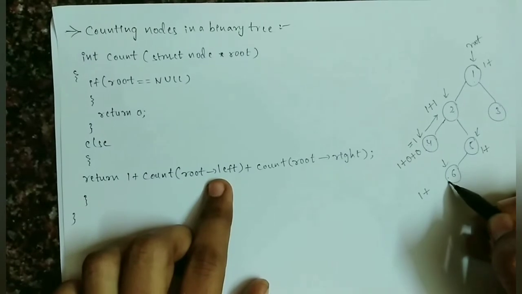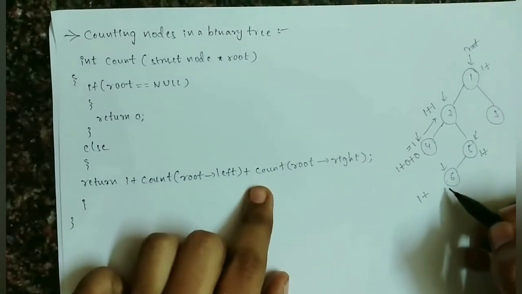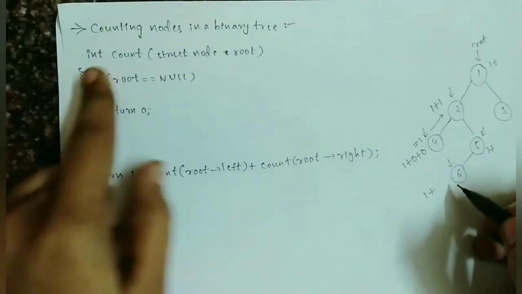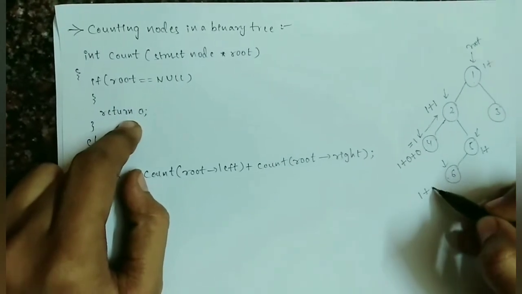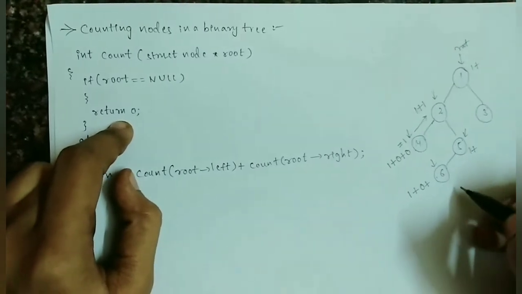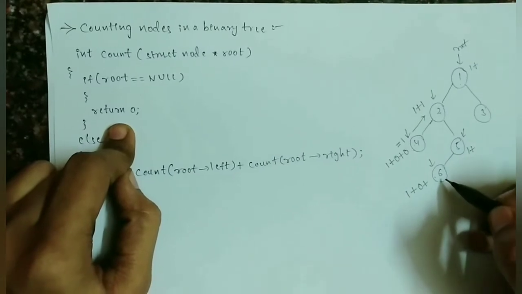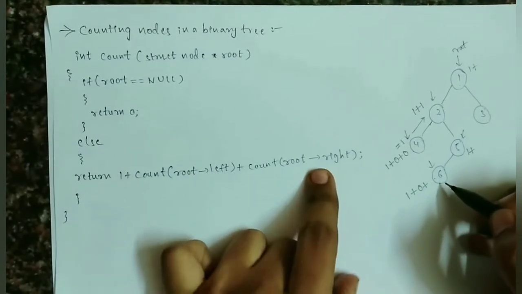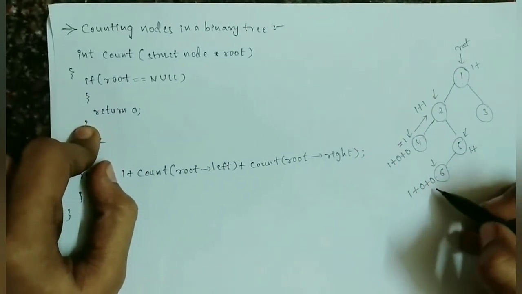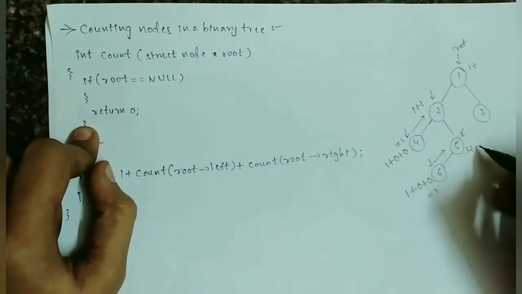Now it checks the number of nodes present in the left subtree. Nothing is present, so it takes root as null, the if condition becomes true and it returns 0. Now it checks the right subtree. No nodes are present on the right side, so root is null, the condition becomes true and it returns 0. The sum becomes 1 and it returns the value to its parent node, that is node 5.